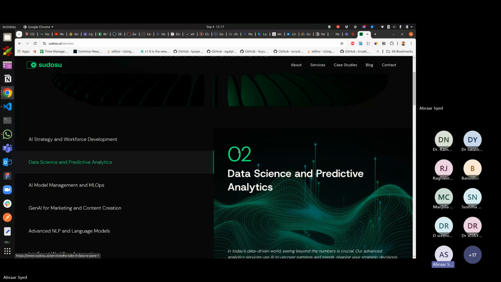There are a lot of these things that we can do. Over here we are not exactly building a model, but we are trying to gain some insights on the data that is provided. This is not exactly AI, but it is a prerequisite to actually going ahead to build a product which might be AI driven. So that's the second service that we offer.